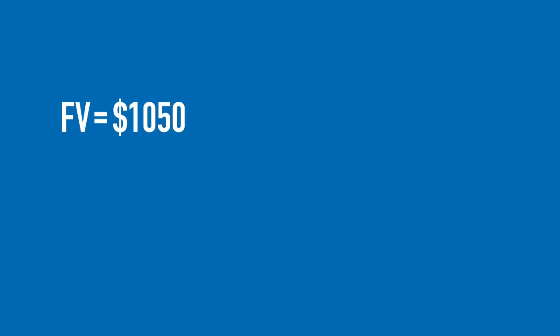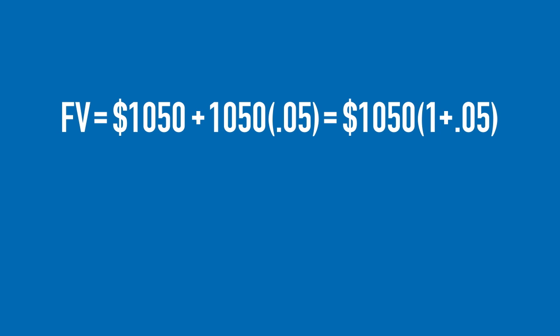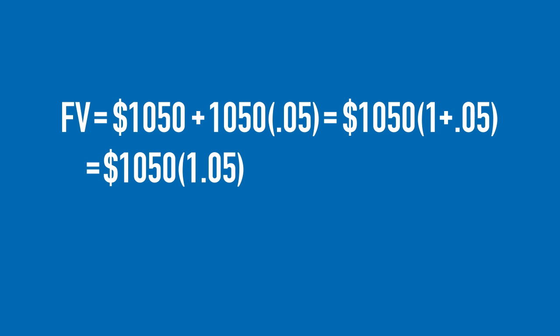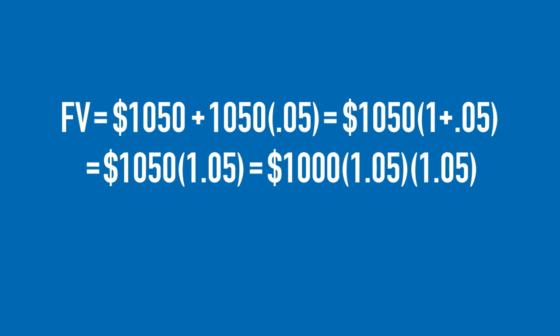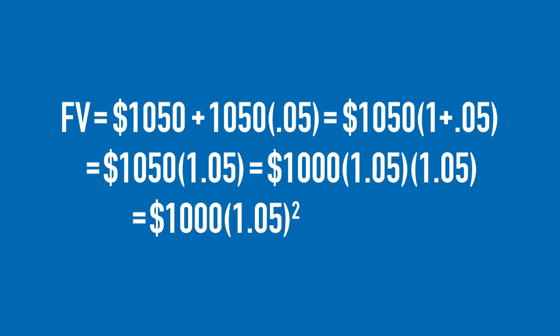Now let's get the idea of compound interest by considering what would happen if you invested for 2 years. So assume you invest your $1,000 for 2 years. The question is, how much would you have at the end of 2 years? Well, you'd have the $1,050 that you got at the end of the first year, plus 5% of the $1,050 that you got at the first year. You can rewrite that as $1,050 times 1.05, but the $1,050, of course, can be written as 1,000 times 1.05. And so the answer is it's 1,000 times 1.05 squared, or